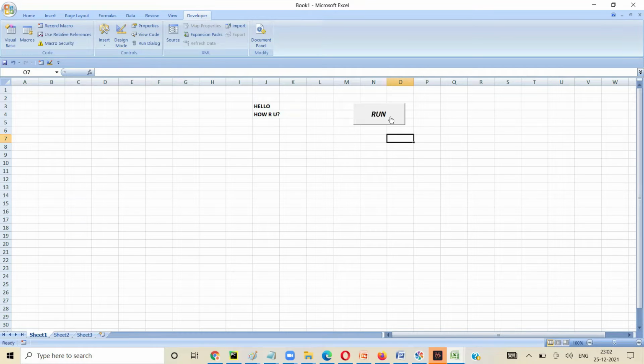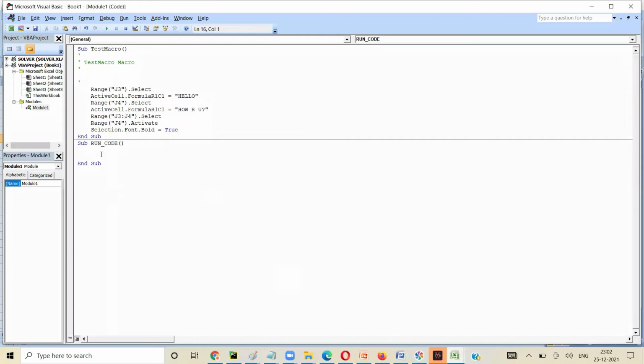Okay, so you go here to the code. We have different types of message box: one that gives OK, one with OK and Cancel, one with OK, Cancel and Retry. There are different types of message box, which we will realize when we start giving the code. First, we'll take a simple one.